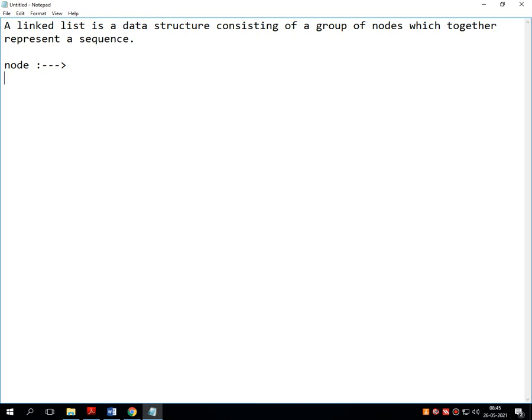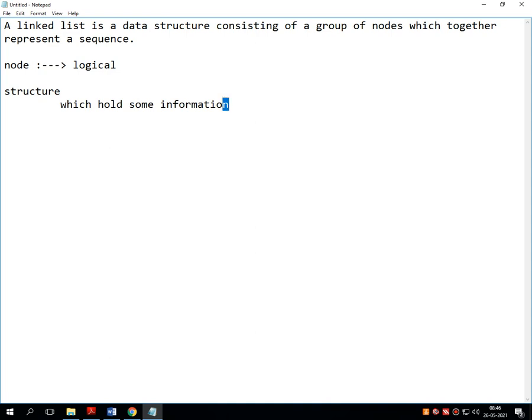This node is actually a type of structure, here meaning the structure in C programming. It's a structure which holds some information.